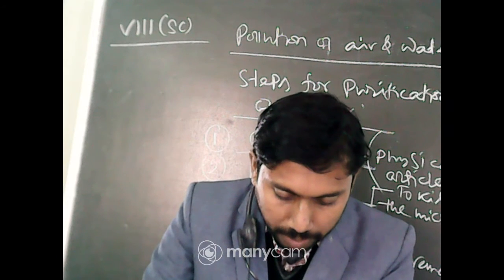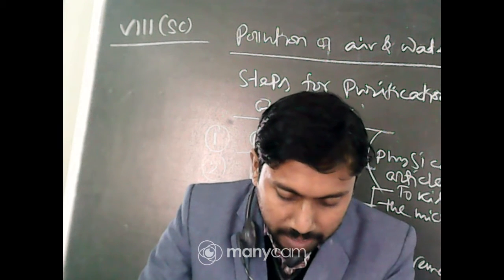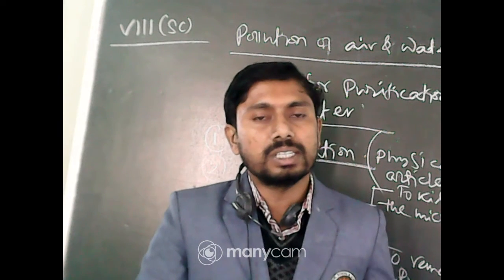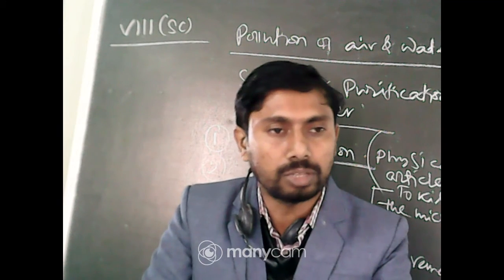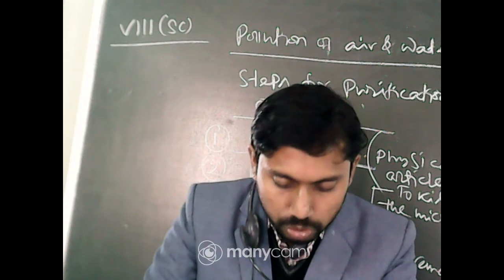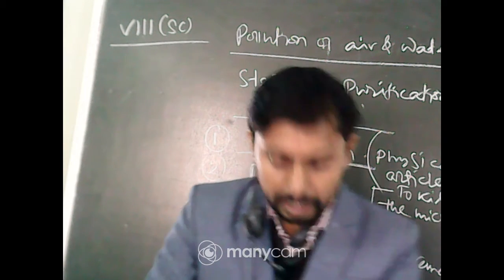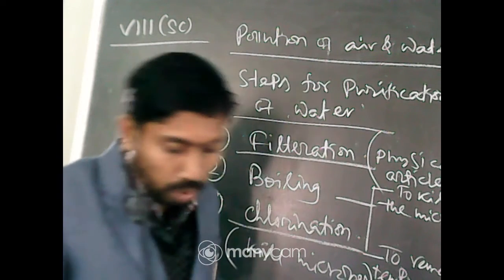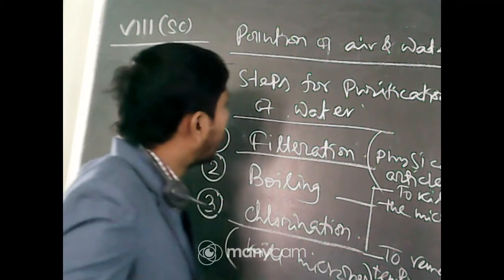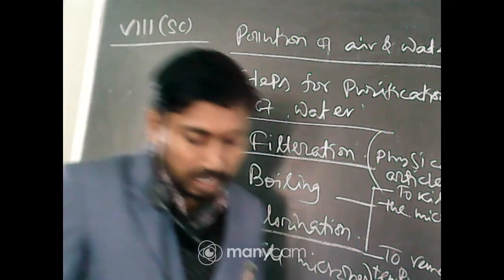Next one, Paheli explains that water which looks clean may still have disease-carrying microorganisms and dissolved impurities. Now this cannot be seen by the naked eye. If you see it through a high power microscope, then you can see the microbes. So it is essential to purify water before drinking, for example by boiling. I already mentioned the role of boiling. Now water which is suitable for drinking is called potable water, which is consumable or drinkable.